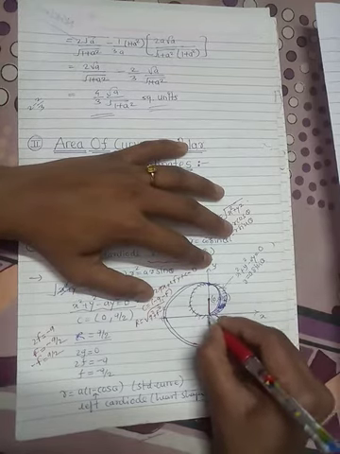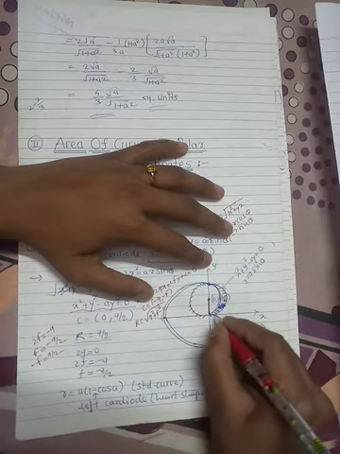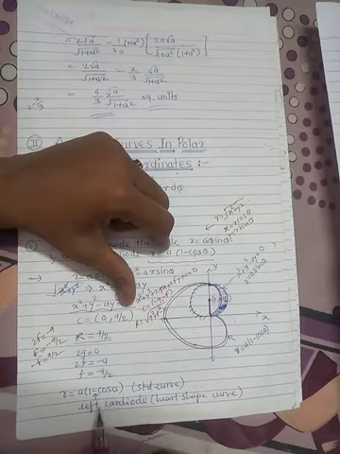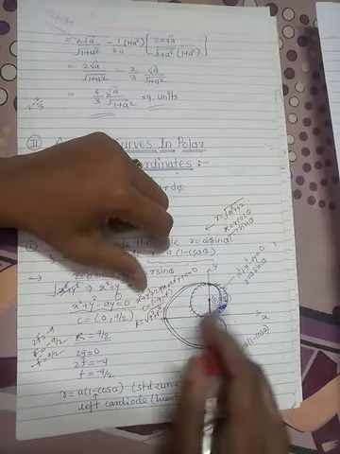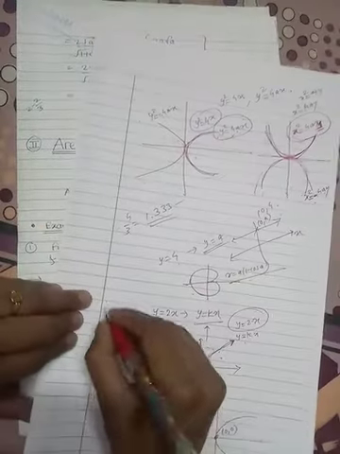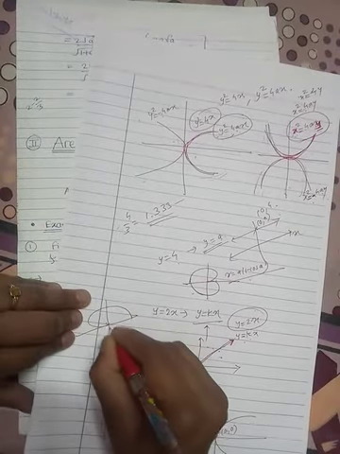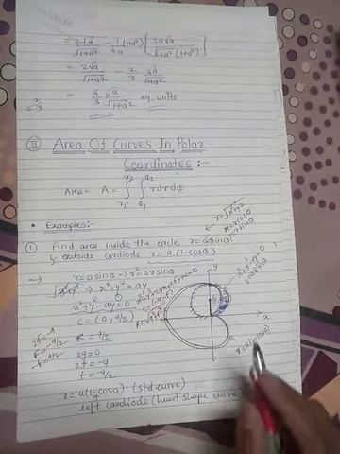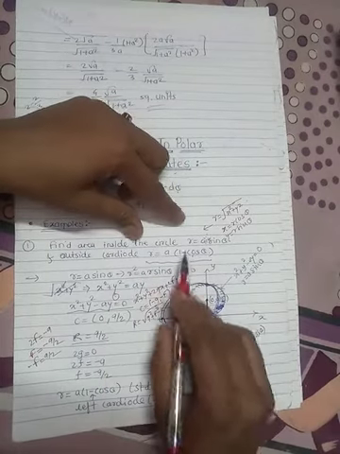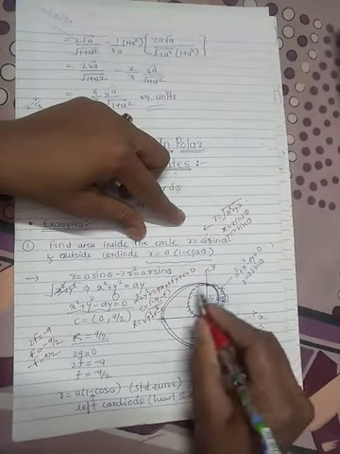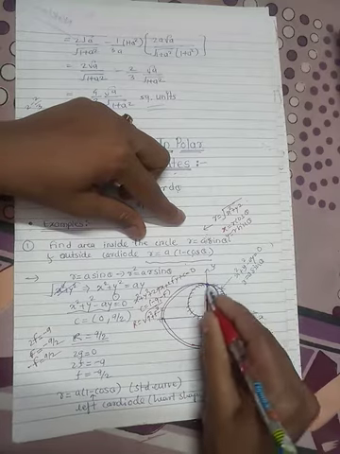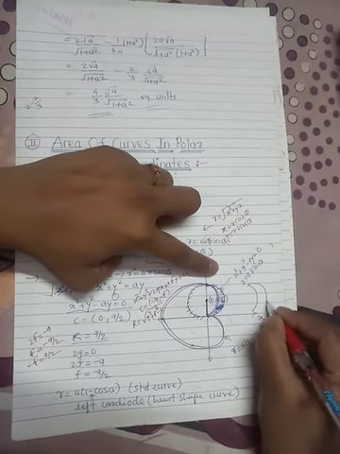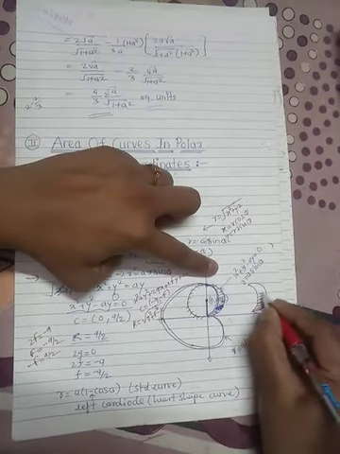This inside part is your heart shaped curve, r equal to a into 1 minus cos theta. This is the standard curve, the left heart shaped curve. This is the right heart shaped curve. So in that way, we have to find the area inside the circle. So this is your circle, and this is your cardioid. Outside the cardioid means this is your common part, common area.